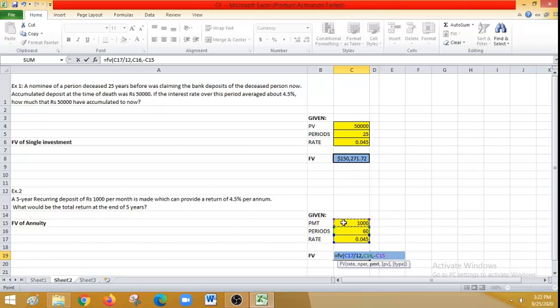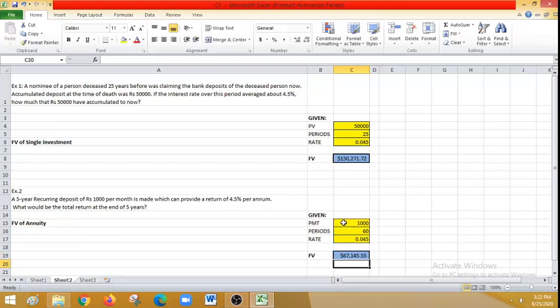So what type specifies is, if we deposit a money at the starting point of the year, you have to mention the type as 0, but at the end of the year if I am going to deposit, I need to mention 1. Here I am not going to mention anything here, just I am specifying the rate, number of periods and the payment that I am making every month. So just close the bracket, right? Enter. So you can see that the future value is